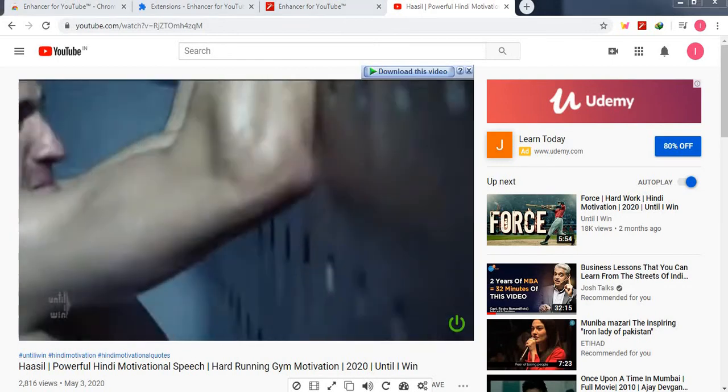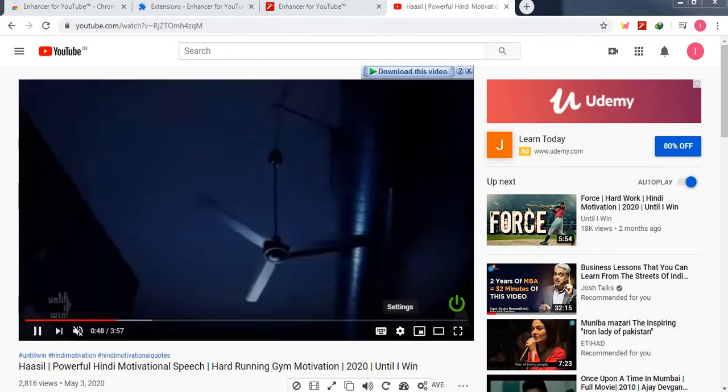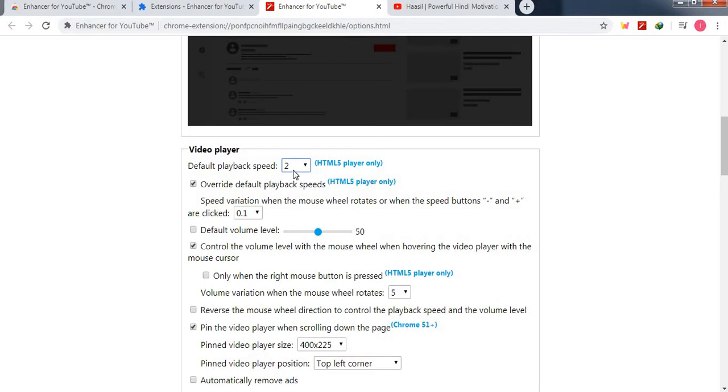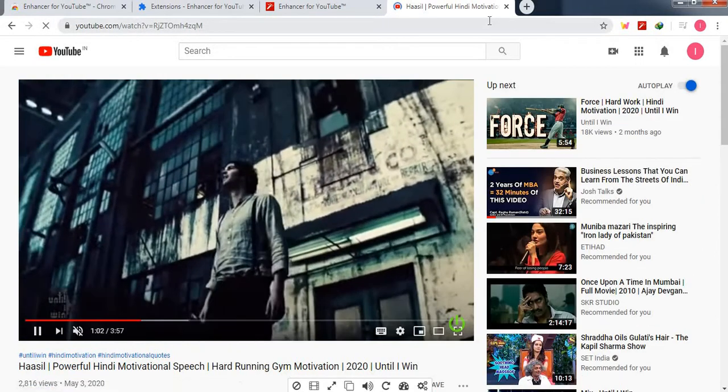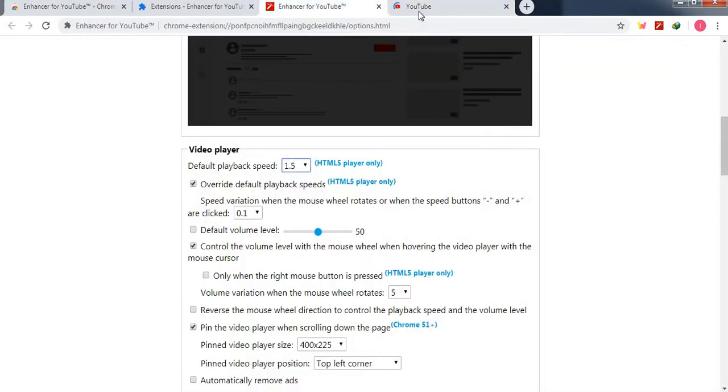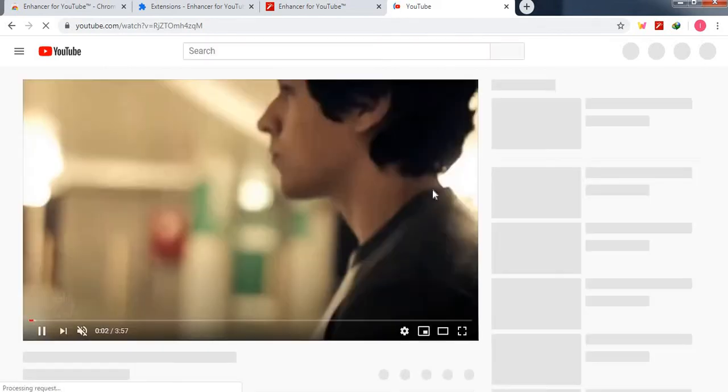Or if I set 1.5, then if I open or reload it, or open any YouTube video, directly that particular video speed will be at the number which I am giving, 1.5. Then this will run at 1.5. No need to set it for each and every video.